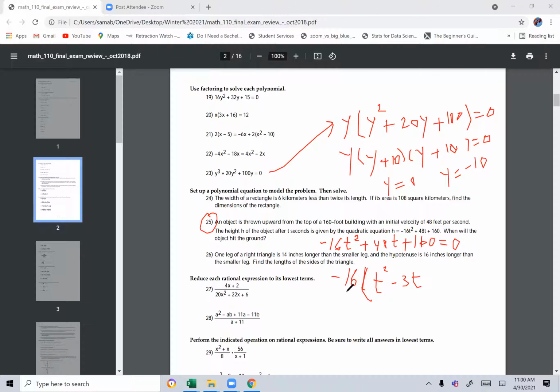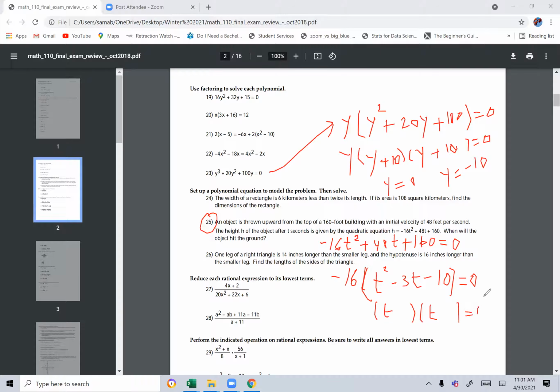And 160 divided by negative 16 is negative 10, equal to 0. You see, they'll give you something that's easy to factor. Okay, now we need to factor the t squared minus 3t minus 10. That should not be hard. So you just put a t here and a t there,